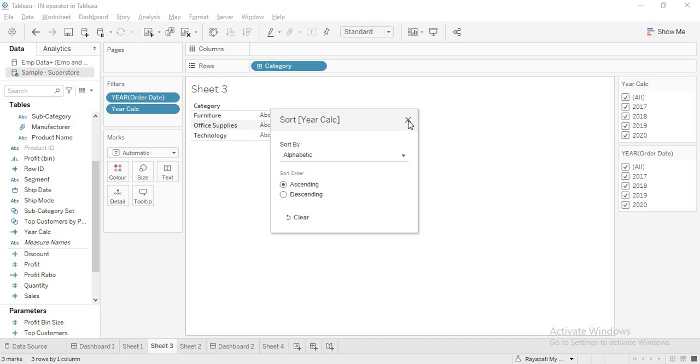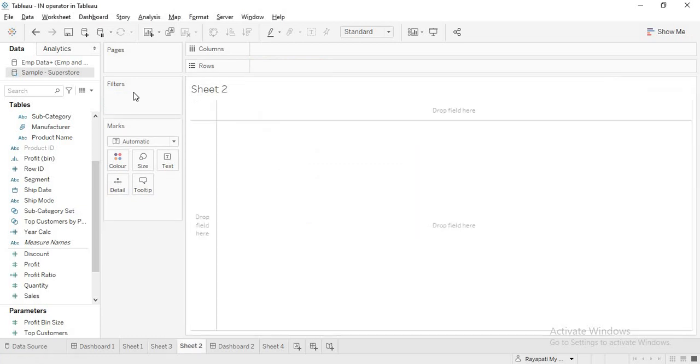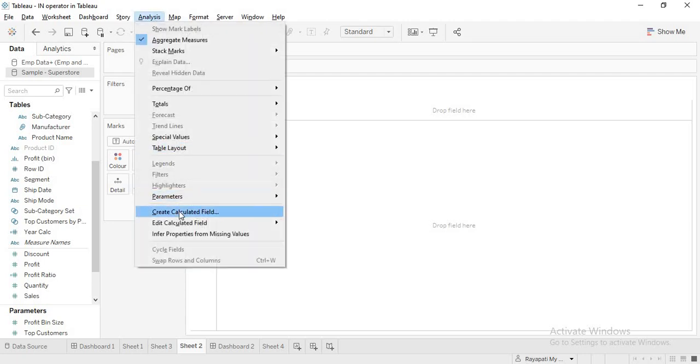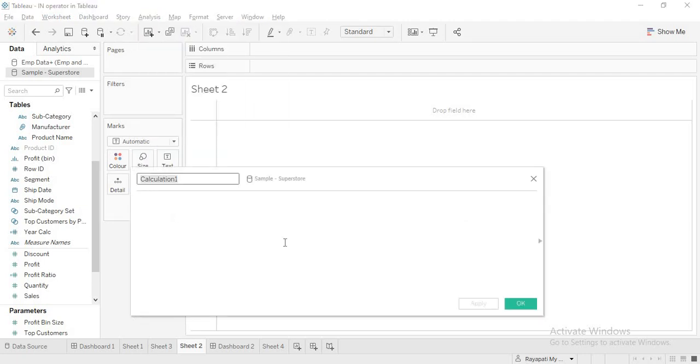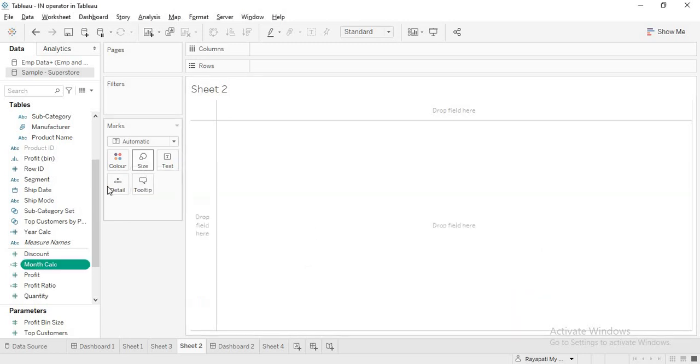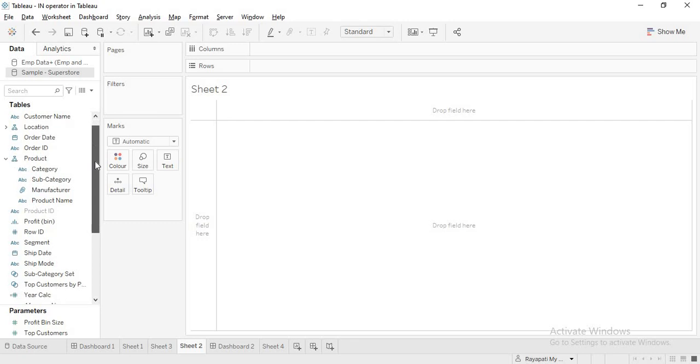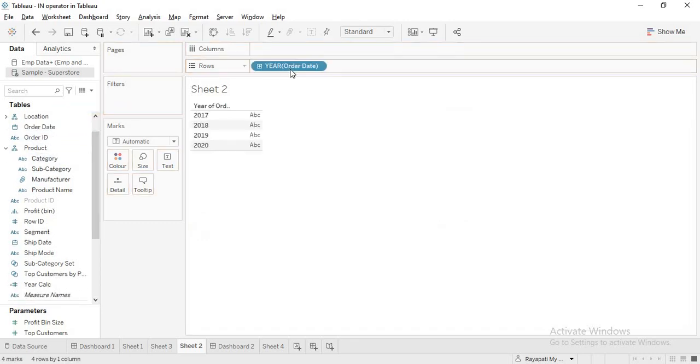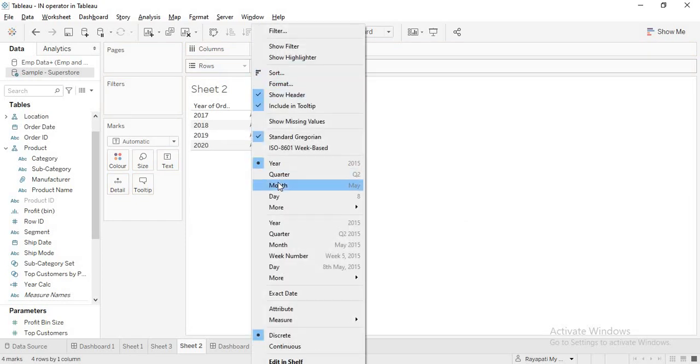Okay. The other scenario we'll look at is the same, but the only difference is we'll be looking at month. Now I am taking month for a reason. Now let me take month of order date. Okay, now I am taking it as month calculate. Now let me drag my order date because I need month, right? So let me convert this to month and then show filter.